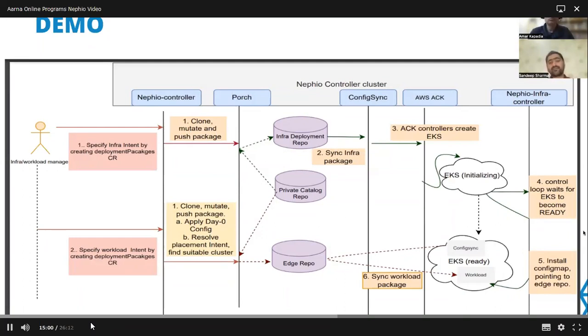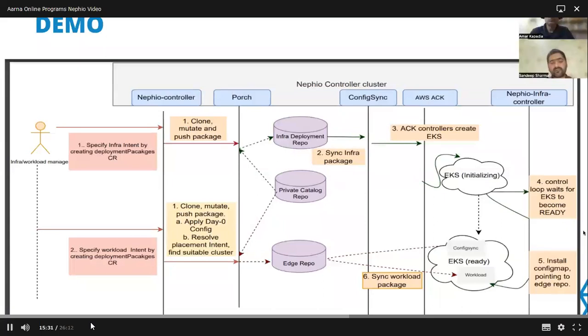And as we know, there is config sync present in the Nephio controller cluster itself. And this config sync is basically meant to sync the infrastructure related packages from the infra deployment repo. As the controller curates and uploads the curated package to the infra deployment repo, the config sync will automatically, in the backend, start syncing that package.